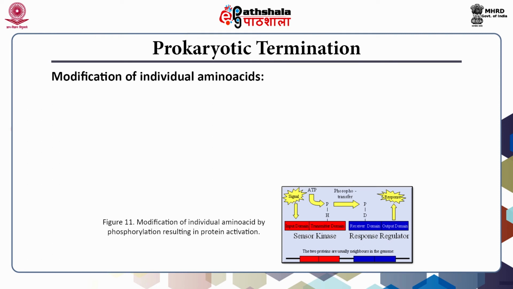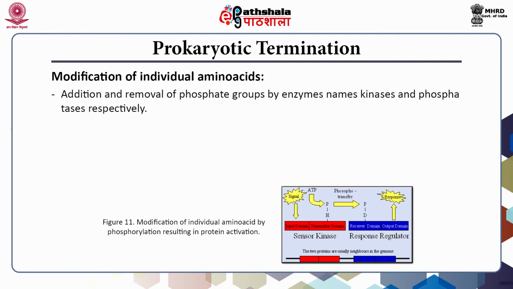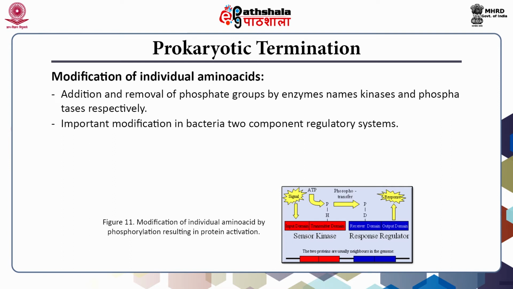Bacteria modify several amino acid side chains of the proteins by addition and removal of phosphate groups by enzymes named kinases and phosphatases respectively. In bacteria, kinases often phosphorylate histidine and aspartate residues, which are important modifications in bacterial two-component regulatory system. Example as shown in the figure consists of a two-component system made up of a sensor protein which